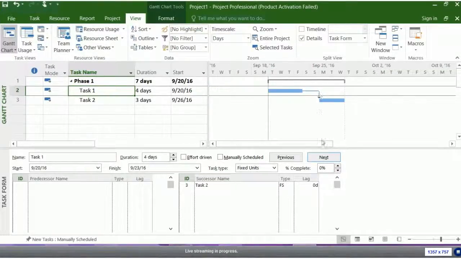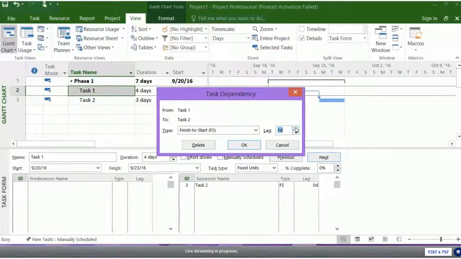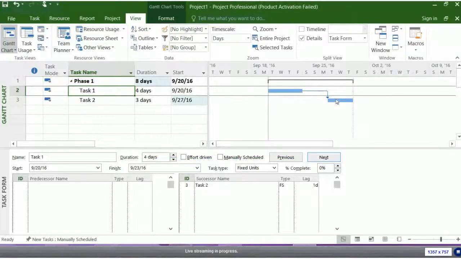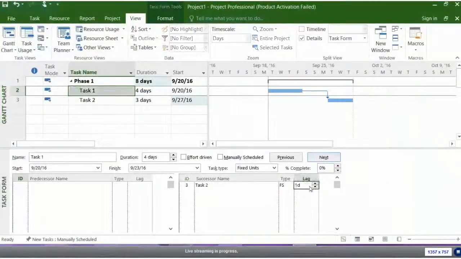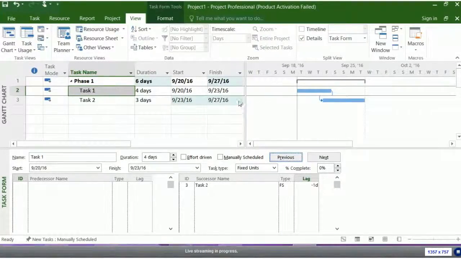Well, if I double click on this and put in a day of lag, now we have that risk buffer for my task. How about if I'm going to overlap? I can double click on the line, or I can click here down below, 0, -1. Now that's a lead, or a negative lag. Now it overlaps. Okay, so we would see that task 1 finishes on the 23rd, and this one starts probably